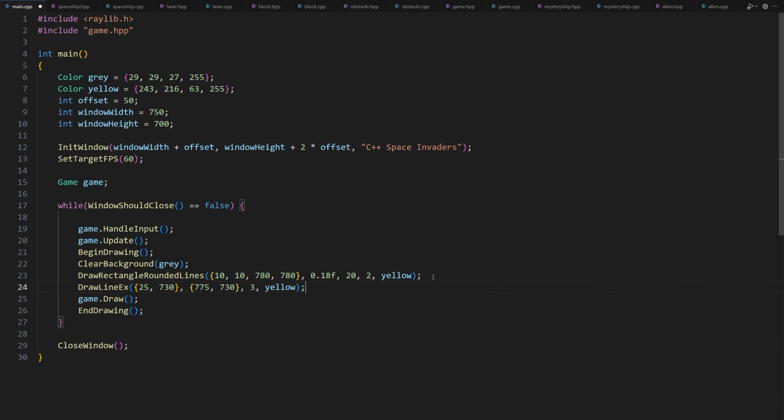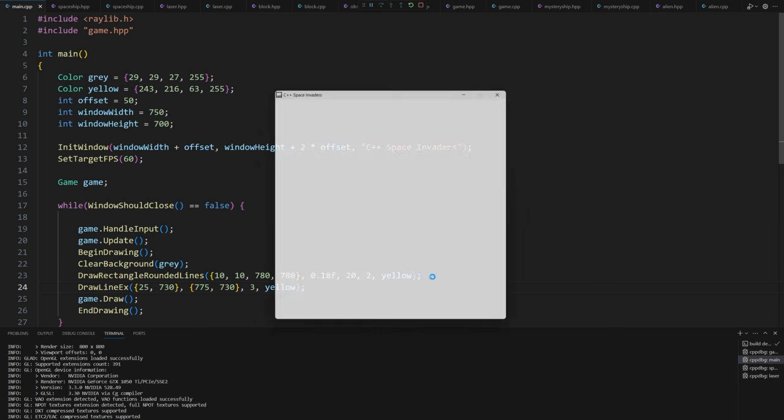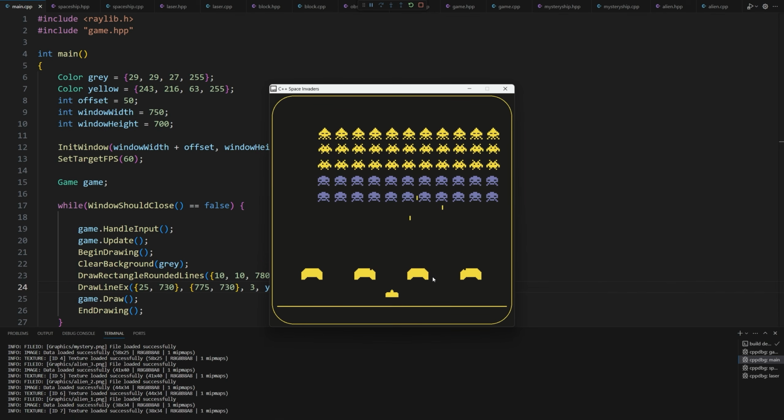The line is defined by 2 points, 25, 730 and 775, 730, indicating its starting and ending positions. The third argument, set to 3, represents the line's thickness, providing a bold visual appearance. The color of the line is specified as yellow. If we run the game one more time, we can see that the line appears.